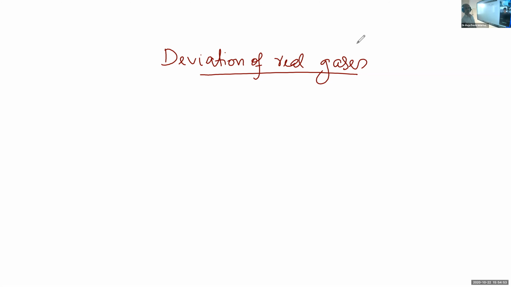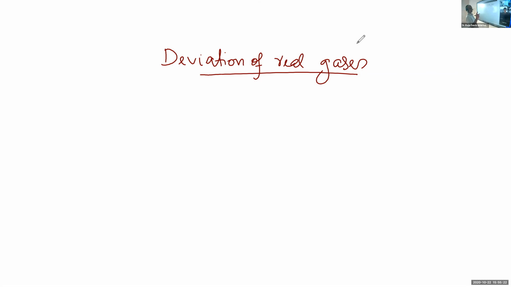An ideal gas always obeys Boyle's law, Charles' law and all the other gas laws, and the gas equation also, PV is equal to nRT. If it is so,